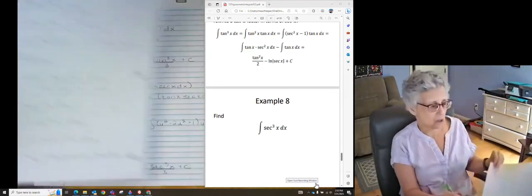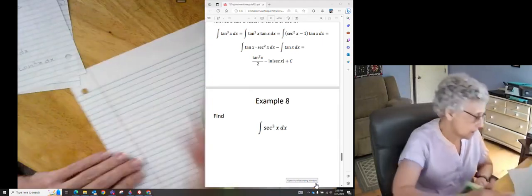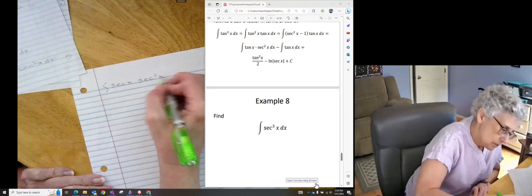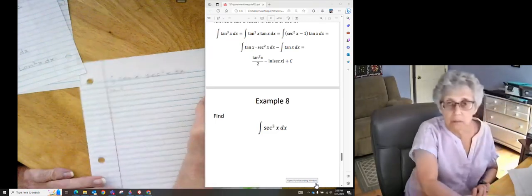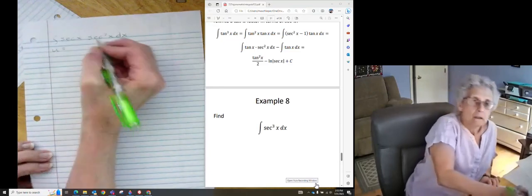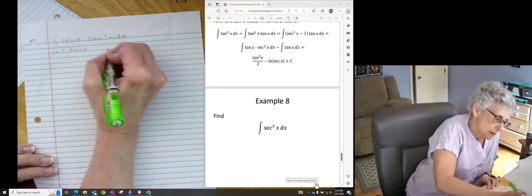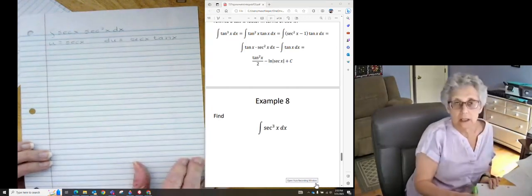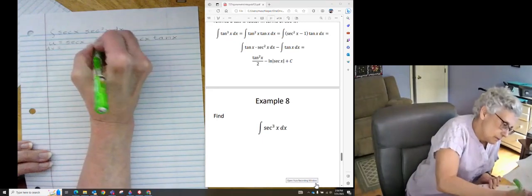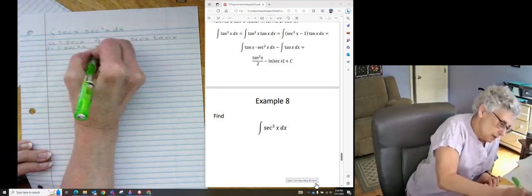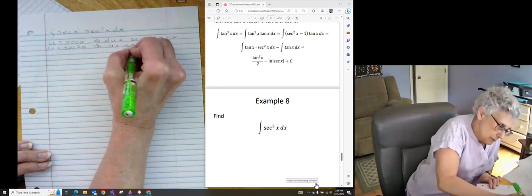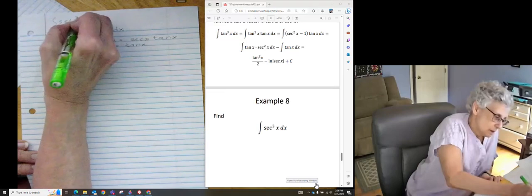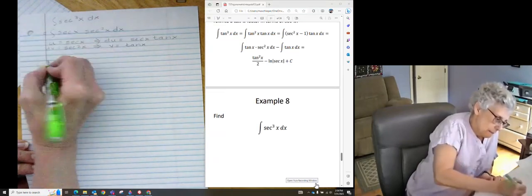look at secant cubed and do integration by parts, because secant cubed, again, is secant of x times secant squared of x. I could let u be equal to secant, then du is equal to secant x tangent x. dv could be equal to secant squared of x, which means v would be equal to tangent of x. So my integral that I started with here, secant cubed of x dx, would be equal to